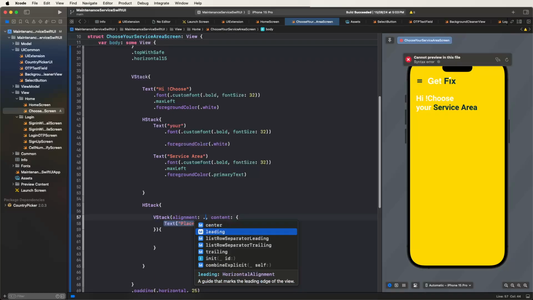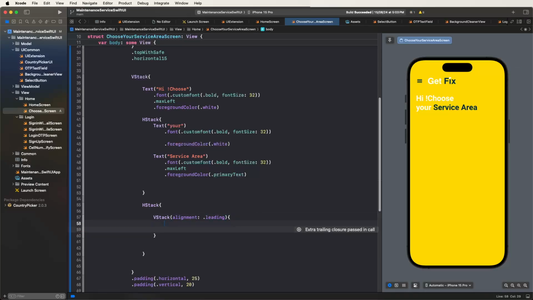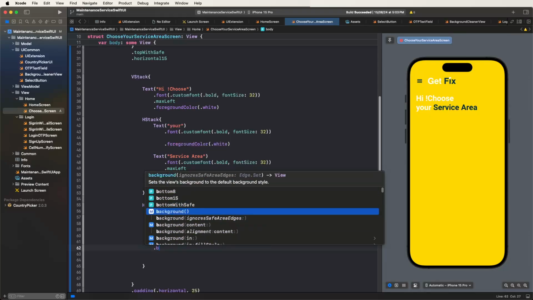We need to set the leadings and remove the contents. Already give this the bracket, that's why I need to remove here. And now we need to put the buttons for this click events. We need to set here for this UI, and also need to set the background colors,